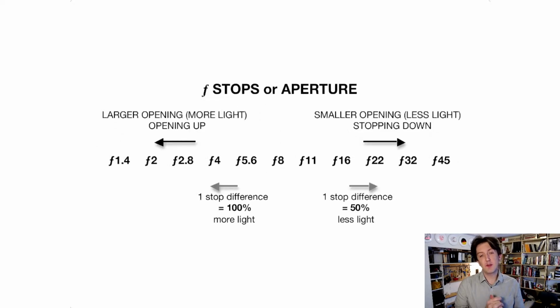So first of all, a little review on the things we covered last time about f-stops, aperture, and ISO. Aperture is one of those things that control our exposure, and aperture is the size of the hole in that lens. So as it gets bigger or smaller, f1.4 is going to be a really, really big circle. f45 is going to be a very tiny little pinhole within the camera. So less light being let in, more light being let in,